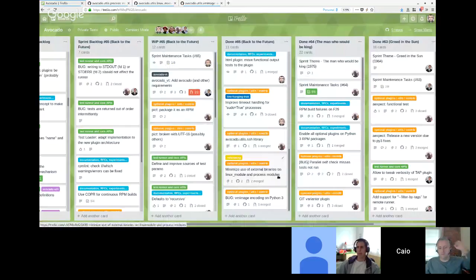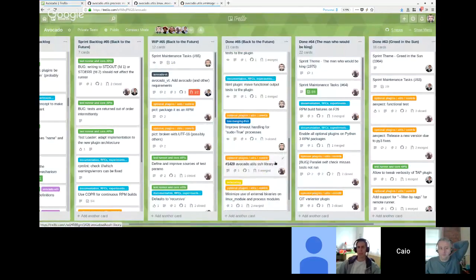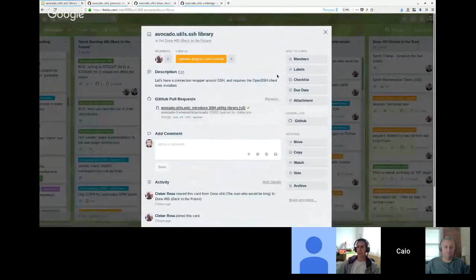Okay, so moving on to done things in this sprint, there's a new library that we are adding in this release. It's the SSH library, and I think Kleber actually did that, and I think he can tell a little bit more about this new functionality. Yeah, so basically interacting with